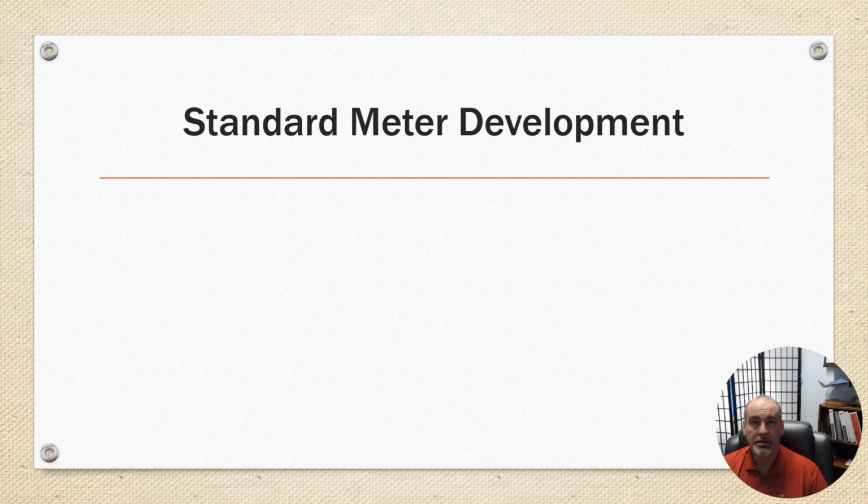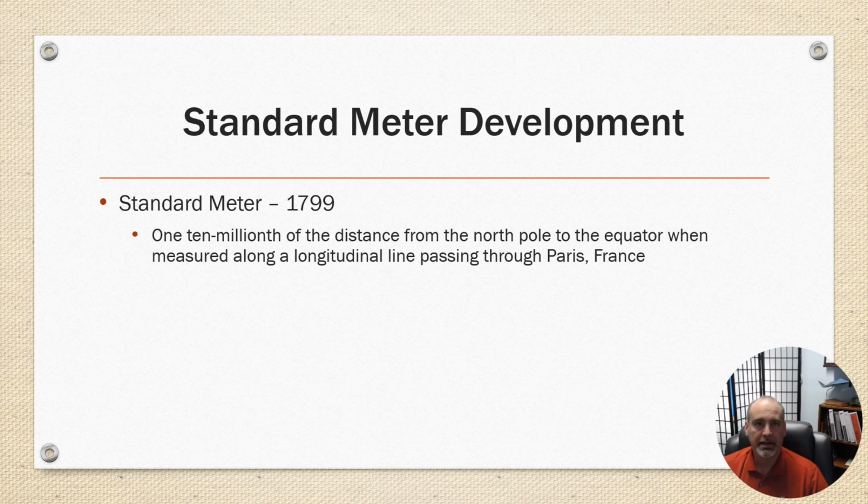The standard meter development was probably the biggest achievement to get away from that type of definition, as our foot and our inch were originally defined off the length of the king's foot, and I believe the division of it by 12, which also works out typically to about the distance between the knuckles on one of your fingers proportionally. But the meter standard was developed in 1799, and they used 1/10,000,000th of the distance from the North Pole